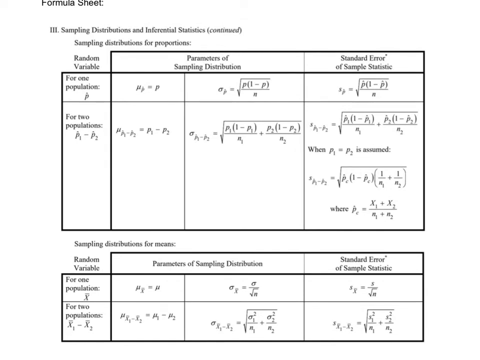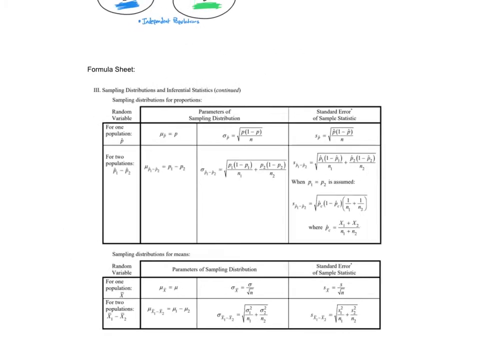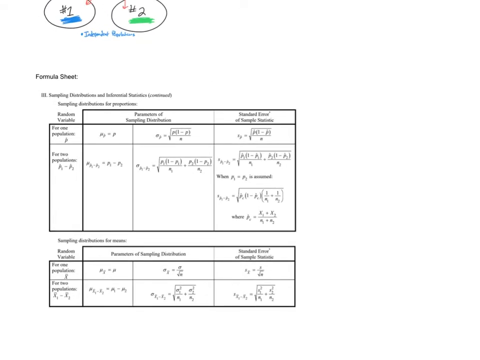If I'm trying to do, say, the Z statistic on the formula sheet, and I'm doing it for a one population parameter for proportion, I'm going to kind of go down this row right here, right? So if I needed to find a Z score, I'm going to go Z equals p hat minus the null hypothesis over, and there it's giving me the formula